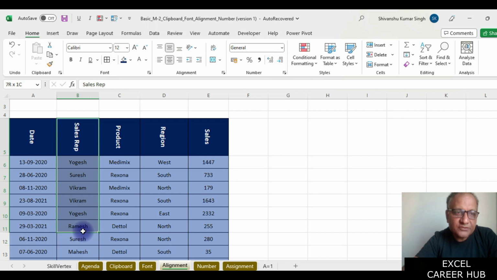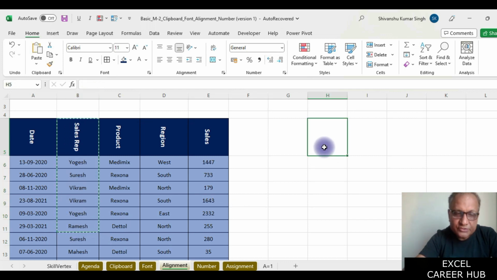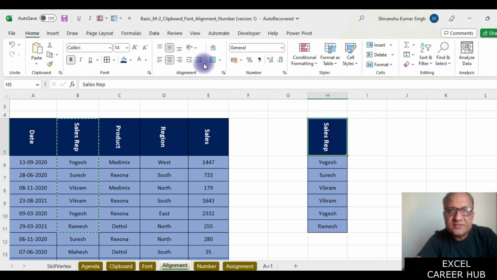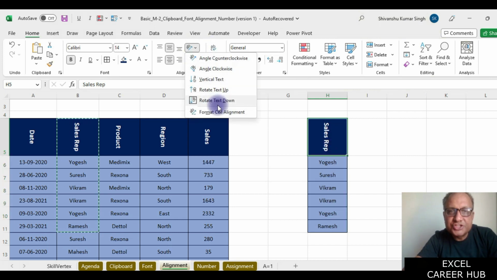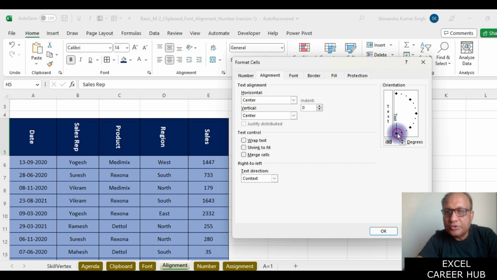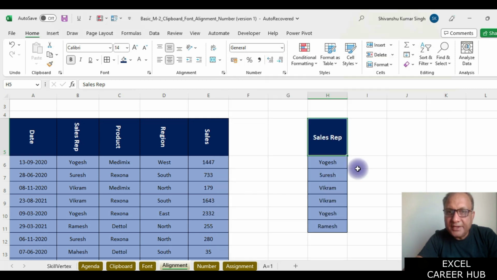I'll just copy some text from here, Control C, and I'll quickly paste it here. I want you guys to see something, Control V. For this, I will change the orientation and bring it to normal orientation, and I'll say okay. And now guys, if you can see, if I'm using the left orientation, it is all on the left hand